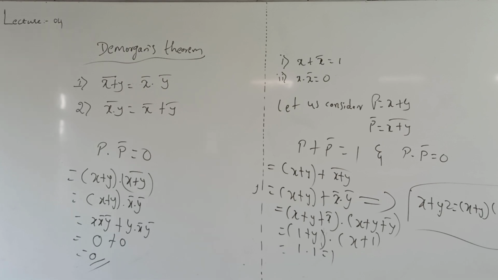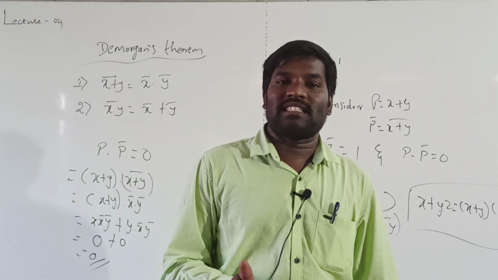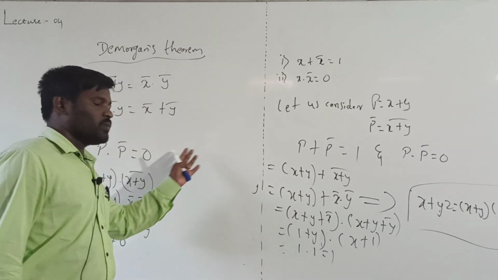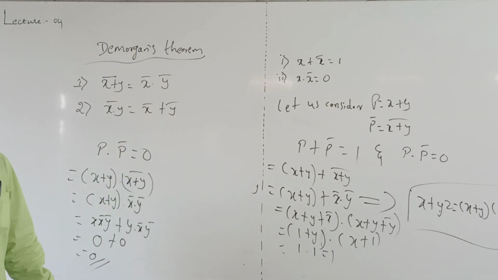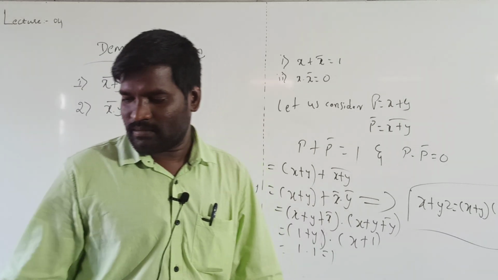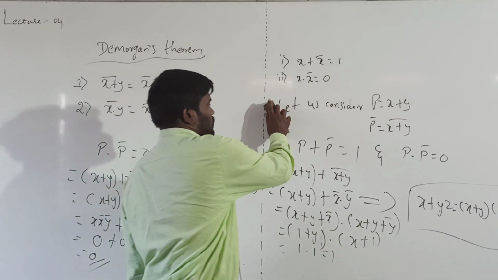And the next is truth table. Okay, suppose in the examination they have asked, state and prove De Morgan's theorem algebraically. Algebraically means you can prove like this. Suppose if they ask, state and prove De Morgan's theorem using truth table, it means you can draw the truth table. Okay.